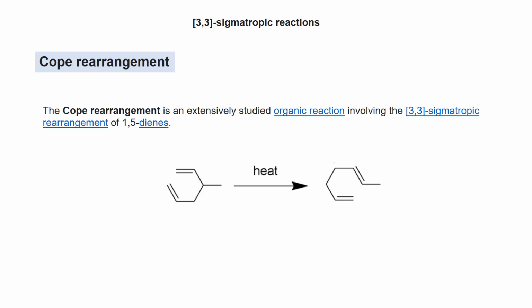In this class we are discussing some sigmatropic reactions. In the previous class I also mentioned that pericyclic reactions are of three types. The first one is cycloaddition, the second is sigmatropic reaction, and the third one is